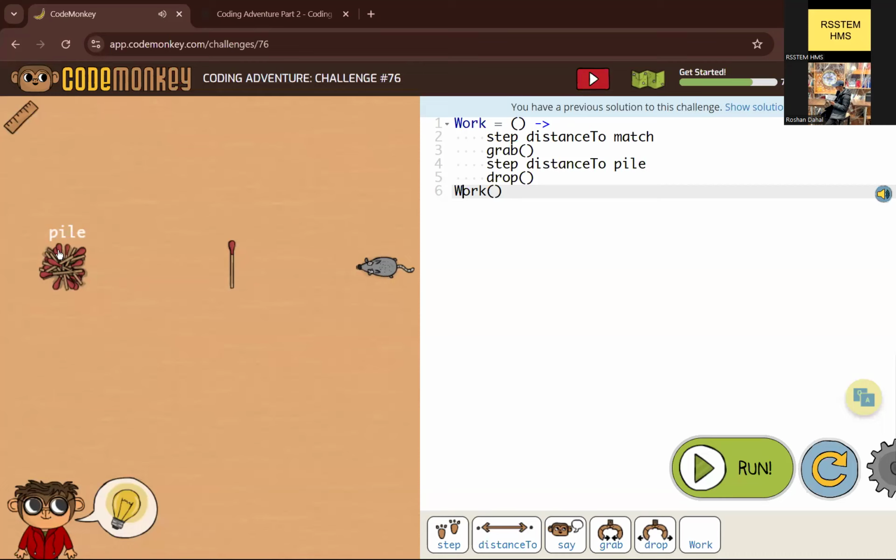Anytime the function is defined, it works. If there were several matches here, I can call the function again and again: collect match one, collect match two, collect match three. Look at the entire code.